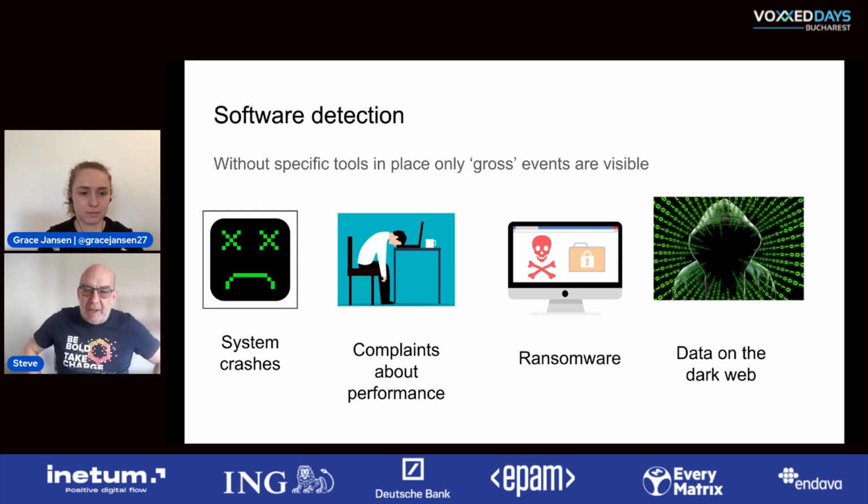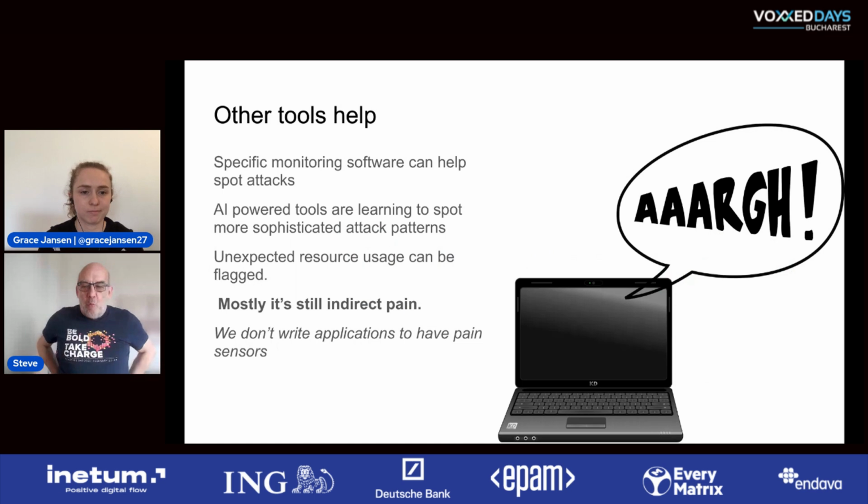And that might be the bad guys literally telling you that, or it's recovered by one of the companies out there that keep track of this and can spot that your data's been leaked. But that's pretty much it. It's pretty much gross. It's bad things have happened. Now you know. Right. Now, we have tools that, if they are being used, will help.